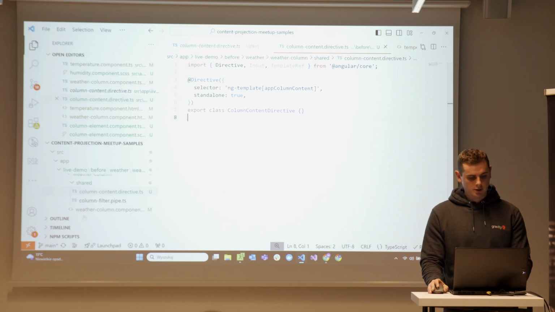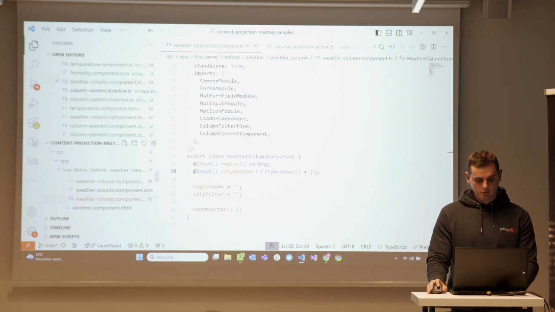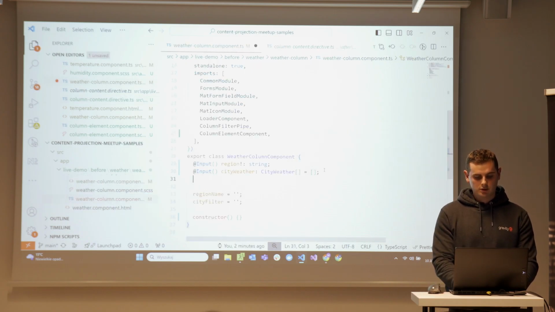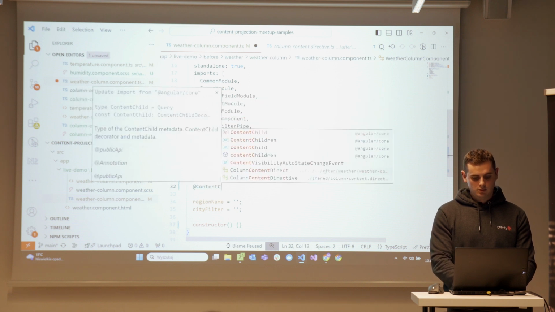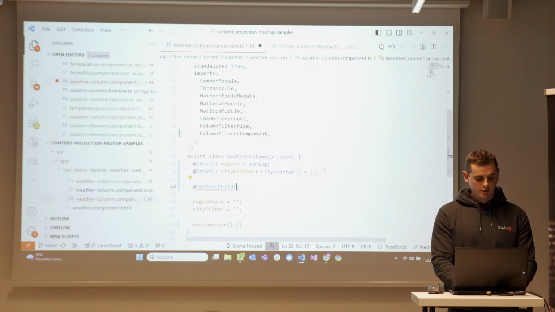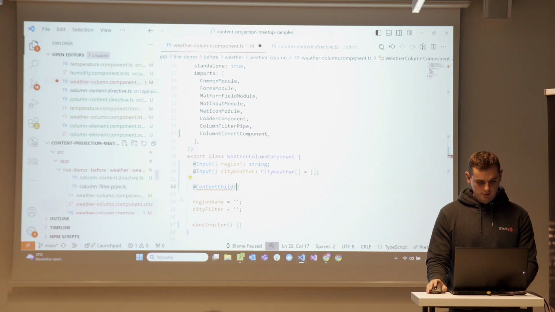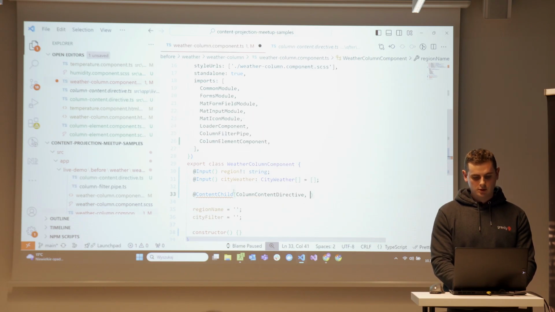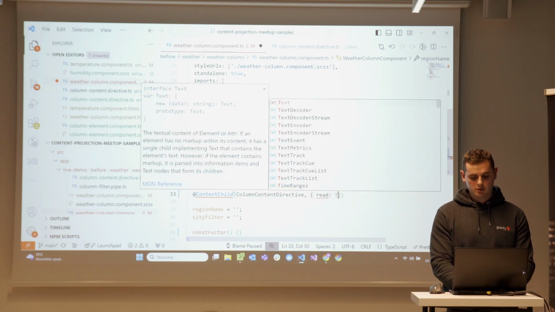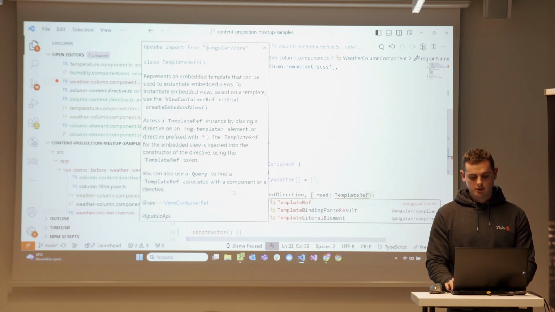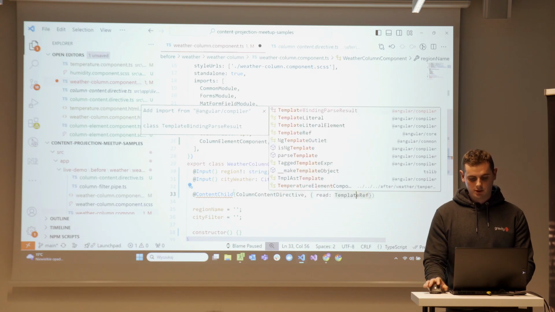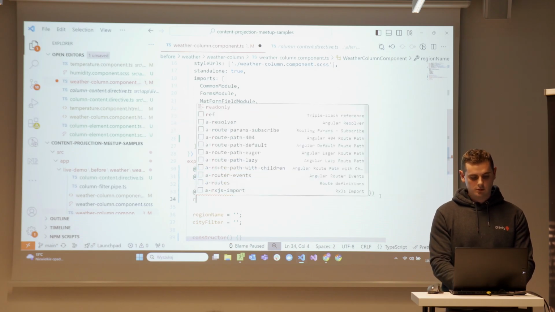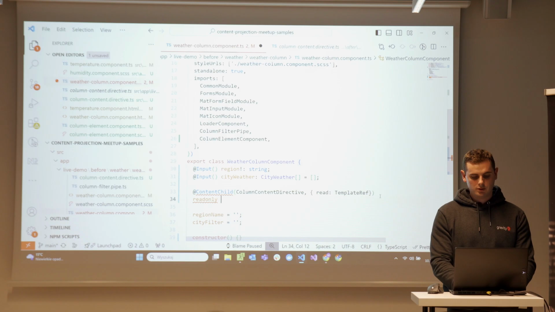Okay, and in the weather column component we want to query for this directive. And we'll read the template ref assigned to this directive. And we need to assign it to some field. Let's say, call it